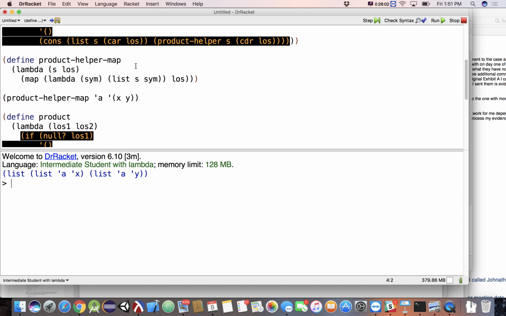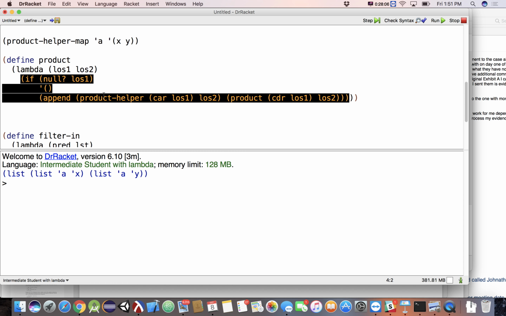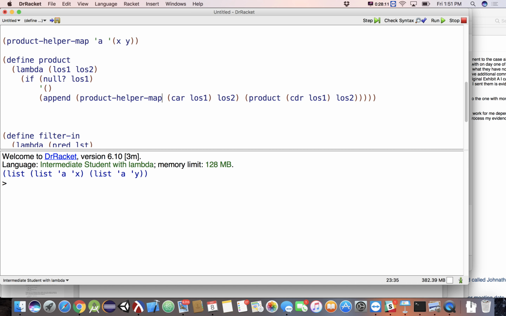Okay? Now, we can use product helper map for that. Then we actually call product. This guy down here, we can call this slightly shorter, map version of product helper. Now, can we apply this to the first thing of the list?